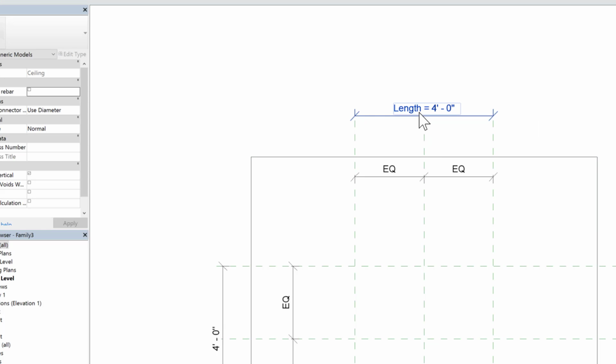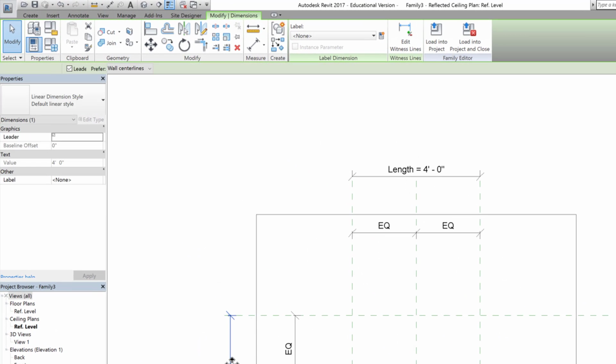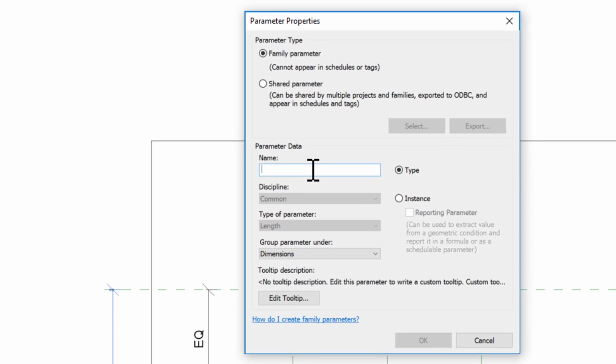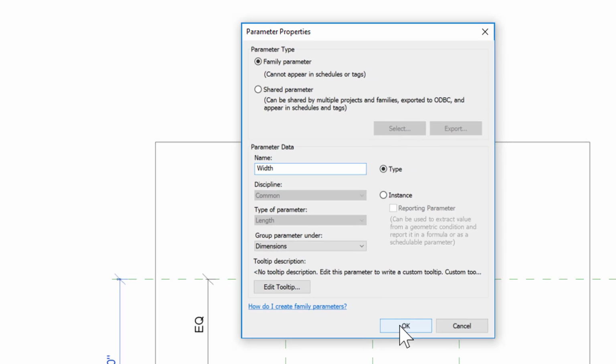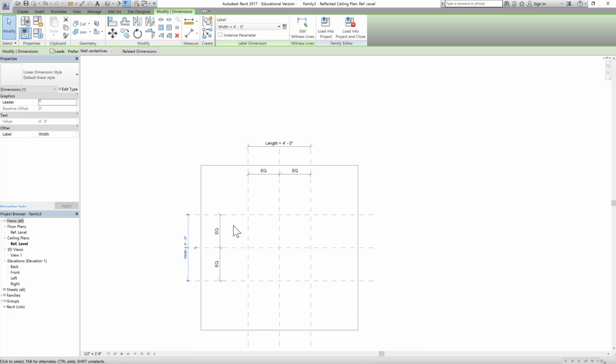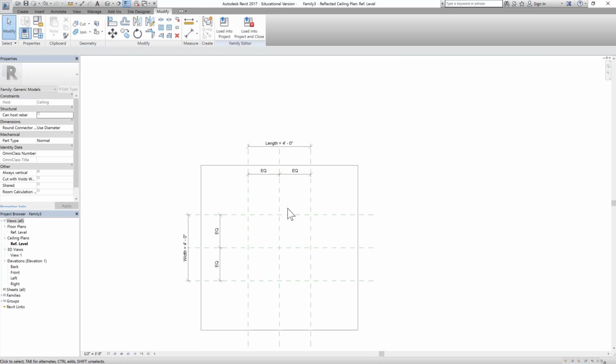What we did is we created a type parameter called length, and the dimension of which is right now 4 feet. Let's click on the other side, another dimension. Let's click to create a new parameter and let's call it width. So what we are doing, we are creating a parameter which is a type. So click OK. So what we did, we created a framework of 4 feet by 4 feet square, and we